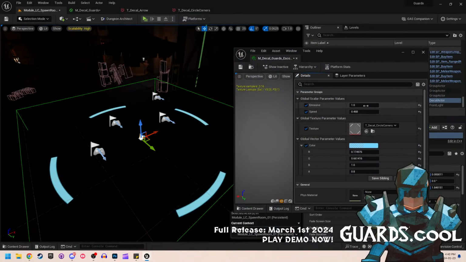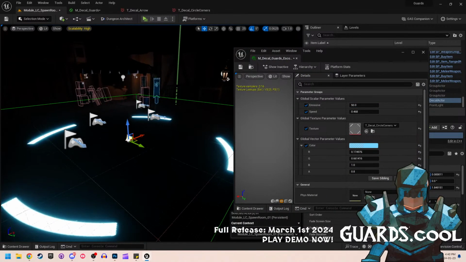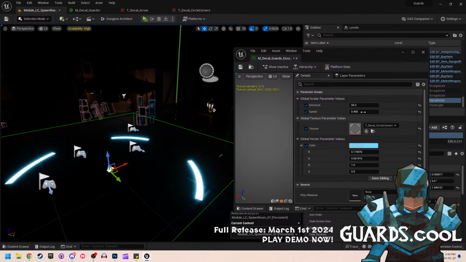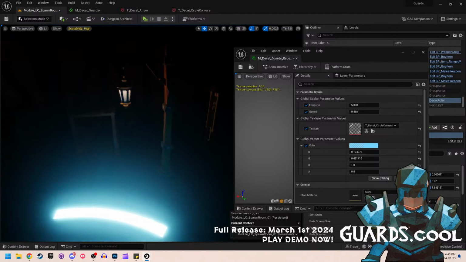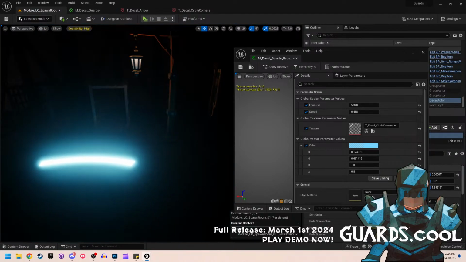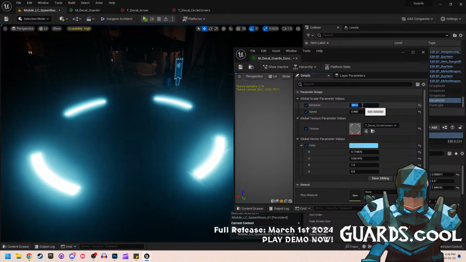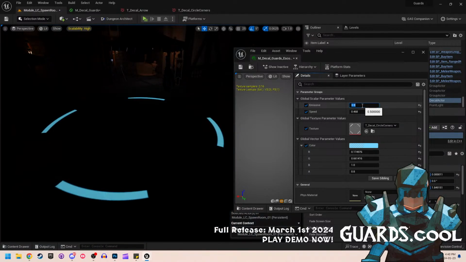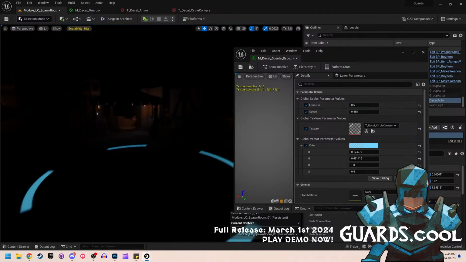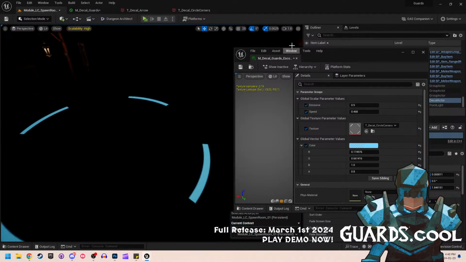So now we have this nice blue, and I think if you set this to like 50, you can actually make it glow. The interesting thing with Lumen is things that glow actually affect the light of the scene. So you can see it's actually hitting on the scene. But we don't want something like this in guards because it's like a medieval sort of thing. We just want to make sure that regardless of the night or daytime, it's quite obvious. So that'll be our